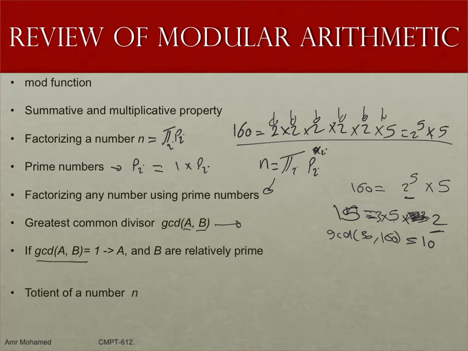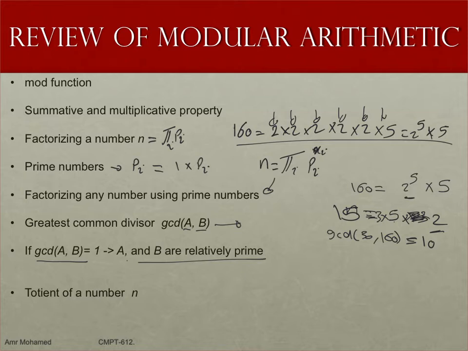If the GCD of any two numbers is 1, this means that these two numbers are relatively prime. And relatively prime here does not mean that A is prime or B is prime. It does not necessarily mean that. But for both of them, the greatest common divisor is 1. Example,